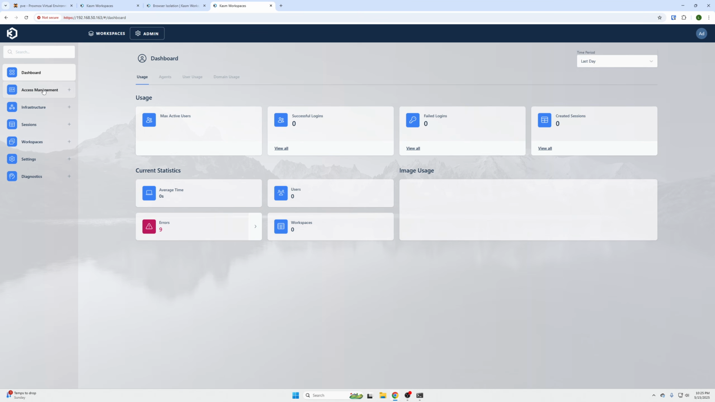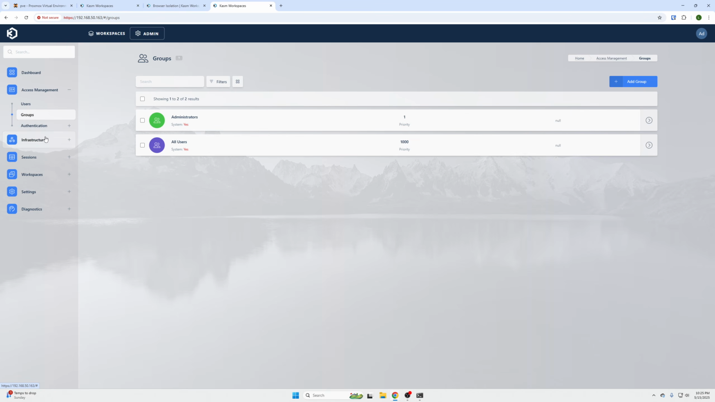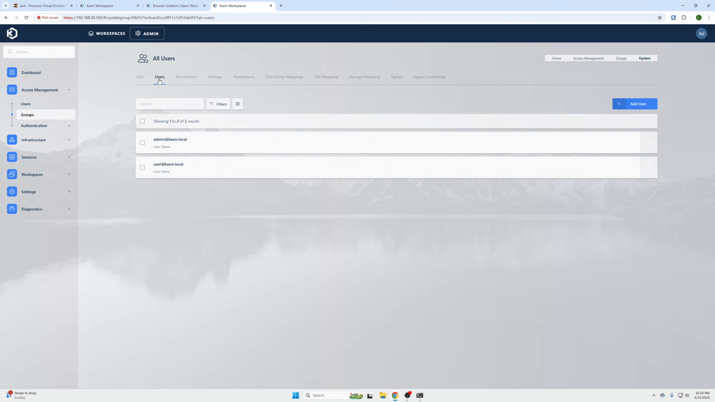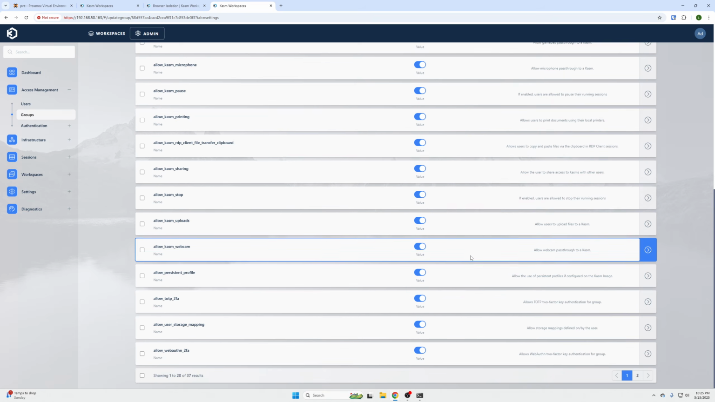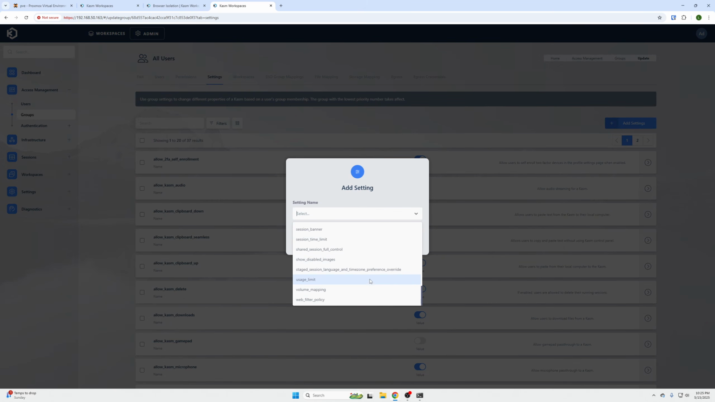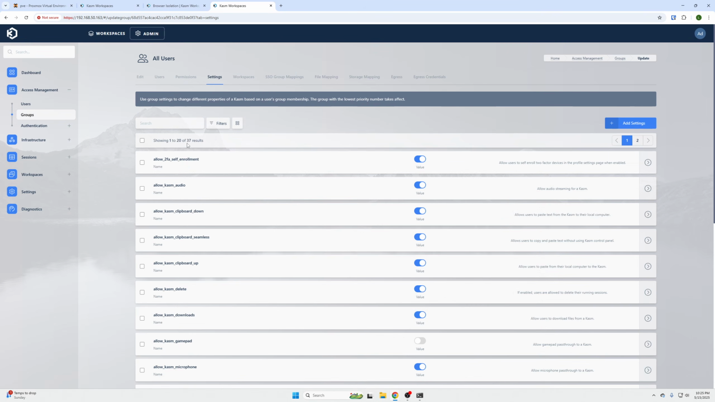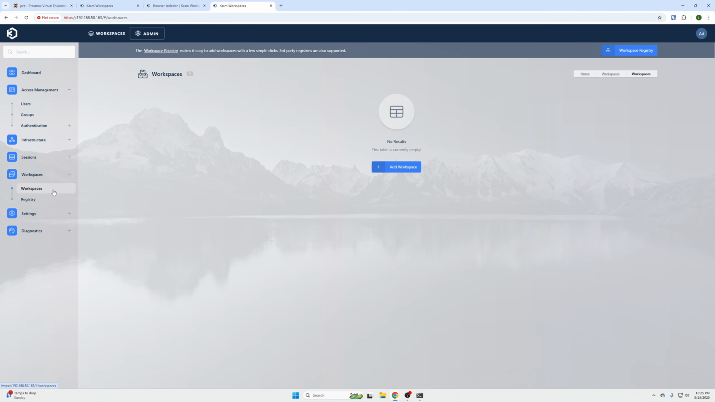But essentially, access management, you'll have users, and then you'll have groups, and then within a group, if we go in here, you can add permissions, set permissions, go through settings, enable, disable, add more settings, via this. Ultimately, you can read through them. A lot of them are kind of self-explanatory by name, but the big thing to get going quickly is we